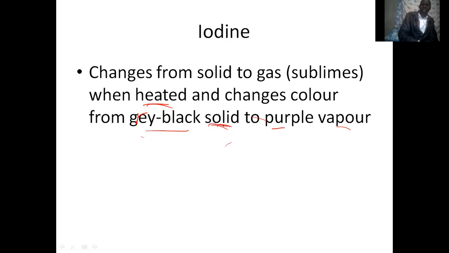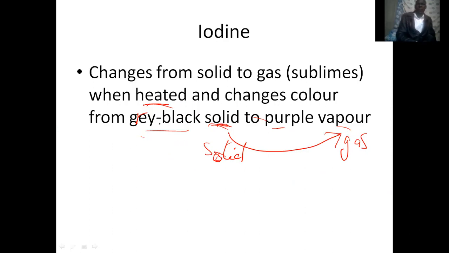Since it's a solid, instead of melting, it changes directly to a gas. Ideally, a solid is supposed to melt, become a liquid, and then go into the state of a gas. However, for iodine, when you expose it to heat, it changes directly from a solid to a gas,